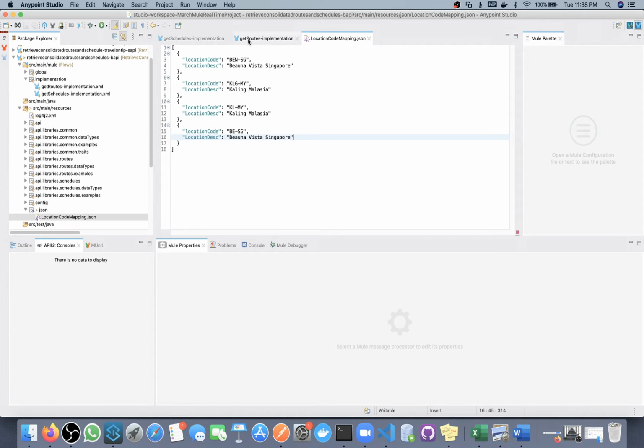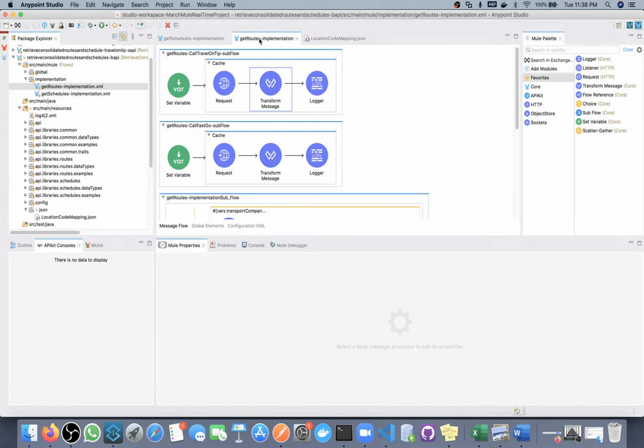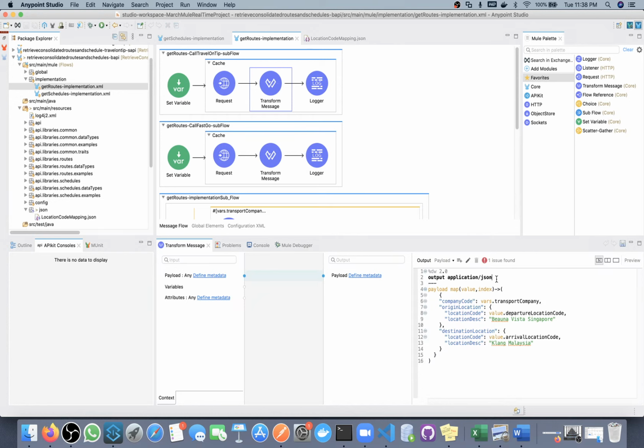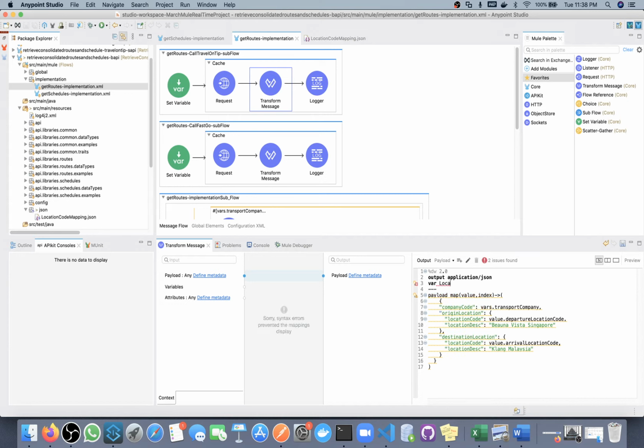Now we'll go to our implementation file. What will be our next step? First we will create one variable. The variable name will be location mapping, and then we'll use one predefined method, read URL. In read URL we have two parts: one is the path of that particular file, and the other is the format in which we want to read.